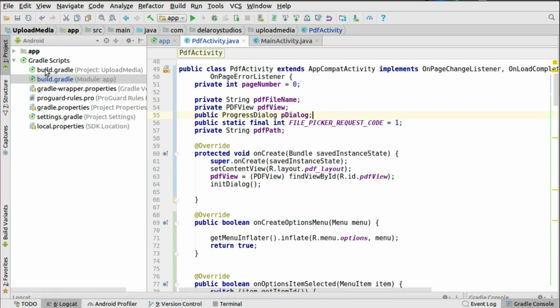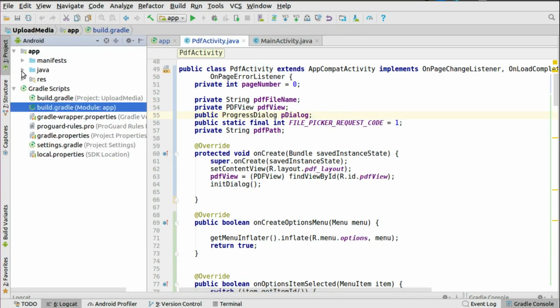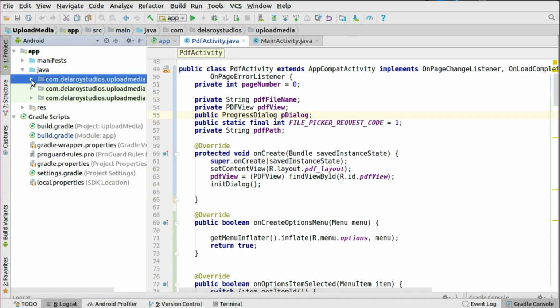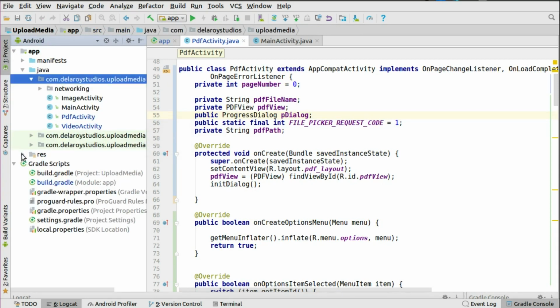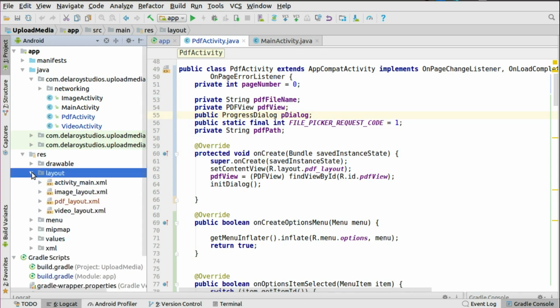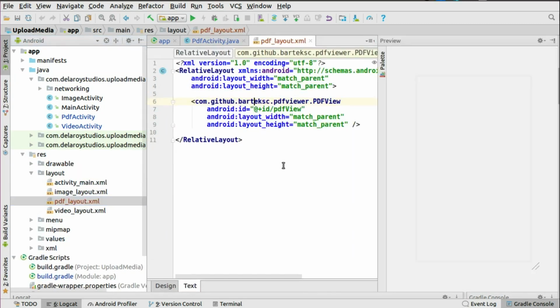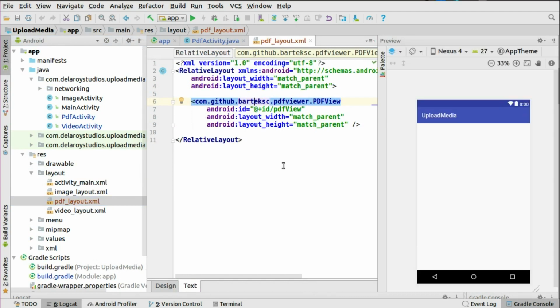that's where we have the layout, which is attached to this activity. I'll take a look at the layout before we get deeper into the Java class. In the layout, we have the PDF layout, where we basically have the GitHub PDF view, which is going to cover the whole screen of your activity. So you have it right there with the layout with match parent,